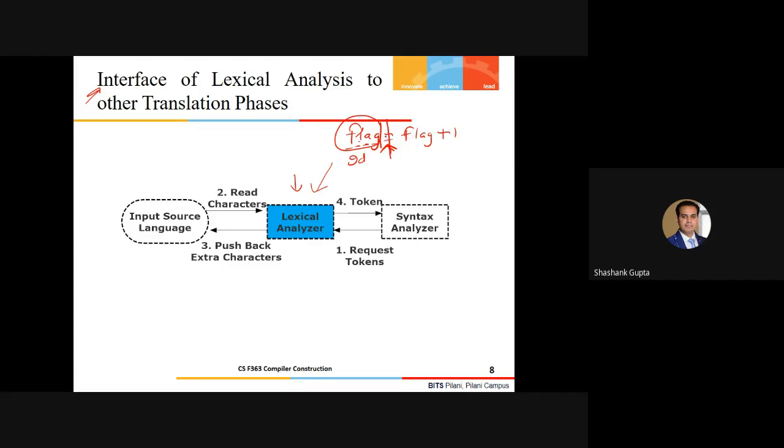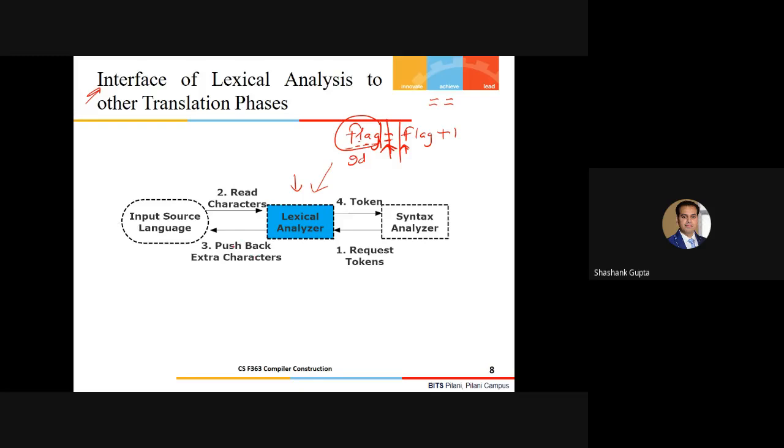Similarly, when it goes on tokenizing this one, it will not immediately say, okay, this is an assignment operator, because you are familiar that there are certain operators like this also. So it's not pretty sure about it. It says, come on, let me read one more character, and then I would be in a position to say that whatever I read earlier is an assignment operator. So this is again my word boundary, and whatever I have read extra, this F, I'll throw back to my input buffer, the input source string here.